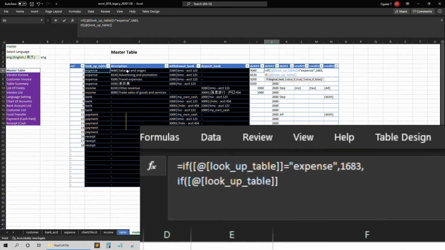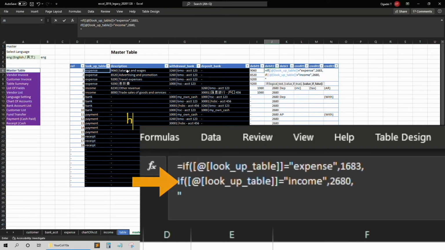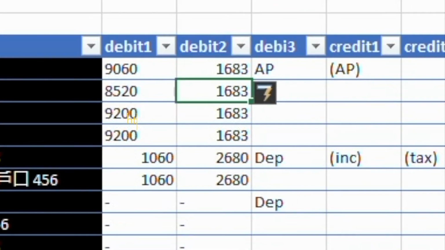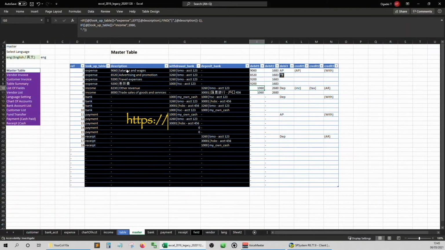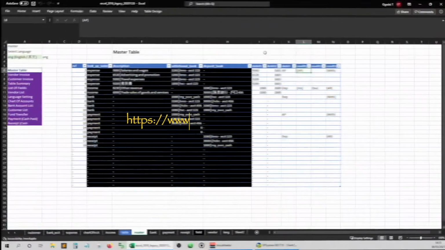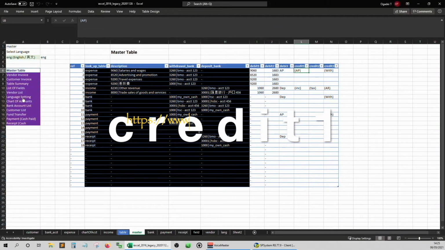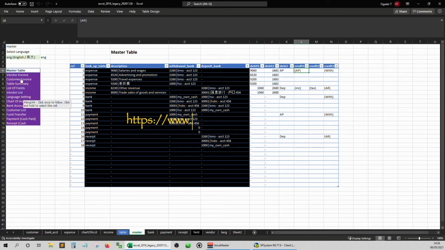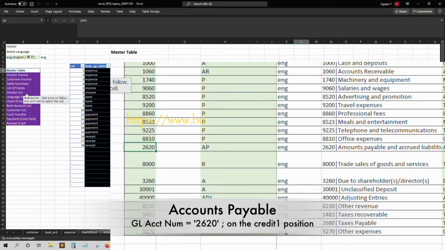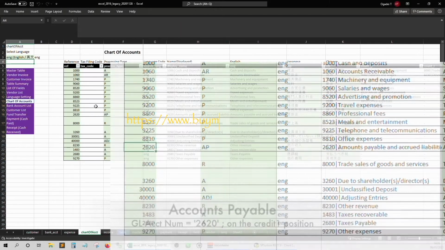Here you see me doing it wrong as I debit the tax payable account 2680 on a debit 2 position. I'll fix that later in this video. For the credit position 1, we'll need the accounts payable account whose GL number is 2620 from the chart of accounts.